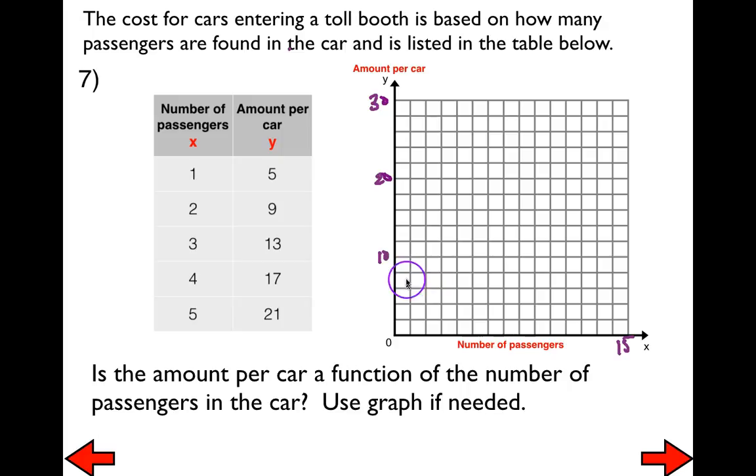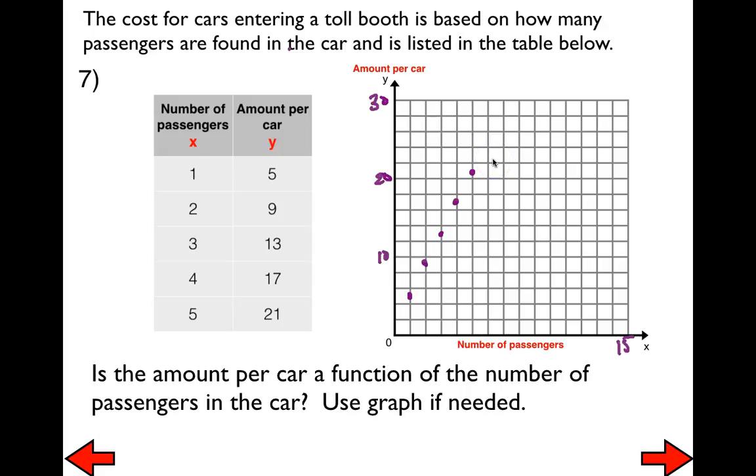So I'm going to say 1, 5. So 2, 4, 5 is going to be in between. 2, 9. So 2, 9. 3, 13. 10, 11, 12, 13. 4, 17. Let's see. 2, 4, 6. 7 and 5, 21. Okay, so by the looks of this, I am definitely going to say based off of